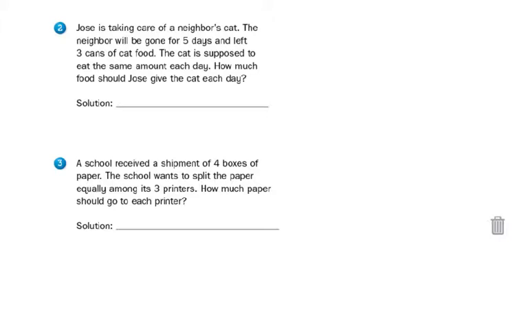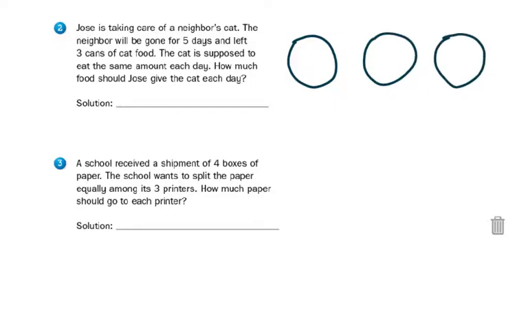Number 2, Jose is taking care of a neighbor's cat. The neighbor will be gone for 5 days and left 3 cans of cat food. The cat is supposed to eat the same amount each day. How much food should Jose give the cat each day? So let's draw those 3 cans. Can 1, can 2, and can 3. In each one of those cans,